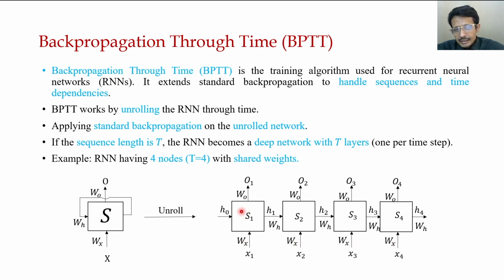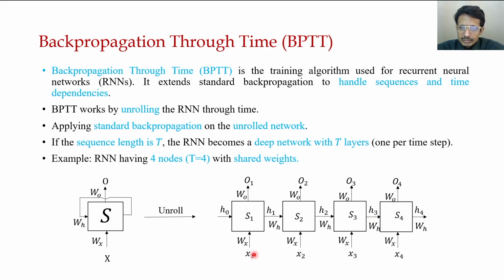After that, there are RNN nodes S1, S2, S3, S4. Now, what are these 1, 2, 3, 4? These are the time instances. The first time instance, the second, third, fourth. So we have taken an example of only 4 time instances, just for our understanding. This is a typical hypothetical example where the RNN is unrolled and we assume that there are only 4 time instances.